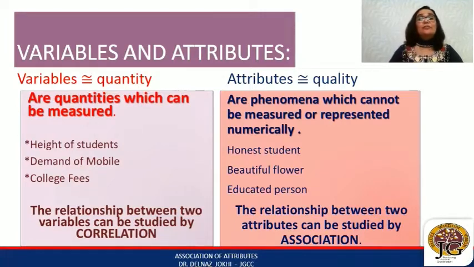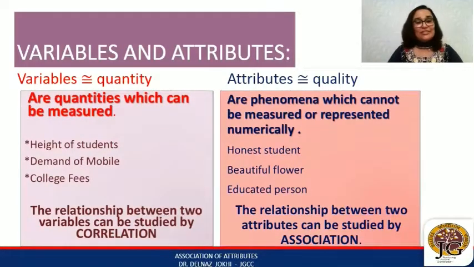बिकॉज एन ऑनेस्ट स्टूडेंट, प्रामाणिकता, वो एक स्टूडेंट का गुण है, राइट? गुण या तो व्यक्ति में होता है या तो नहीं होता है। A particular quality, a particular attribute is either present in a person or it is absent in a person. So that is why when you want to study the relationship between two attributes, two or more भी आप पढ़ सकते हो, but as far as your FY BCom syllabus is concerned, you are studying the relationship only between two particular attributes, okay? तो ये relationship between two attributes can be studied by